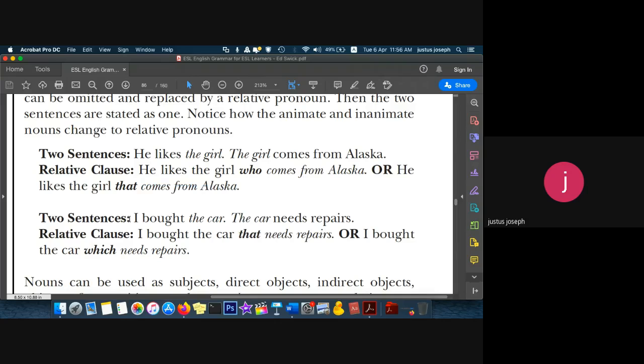Okay. Now look at another sentence. I bought the car. The car needs repair. I bought the car that needs repair. All you're doing is removing the car and replacing it with that. That's all. Instead of that, you can also use the word which. The difference between